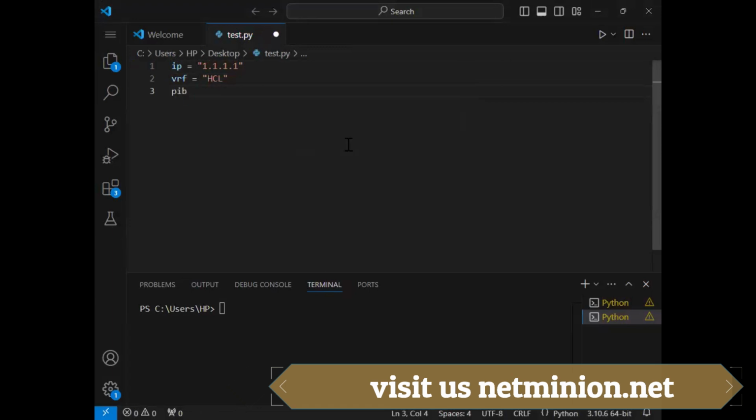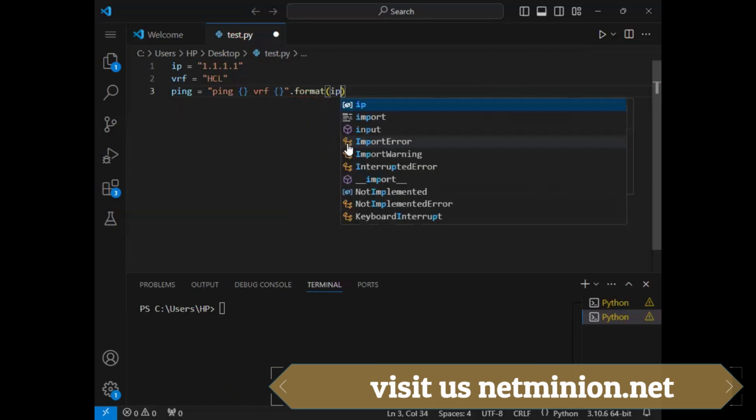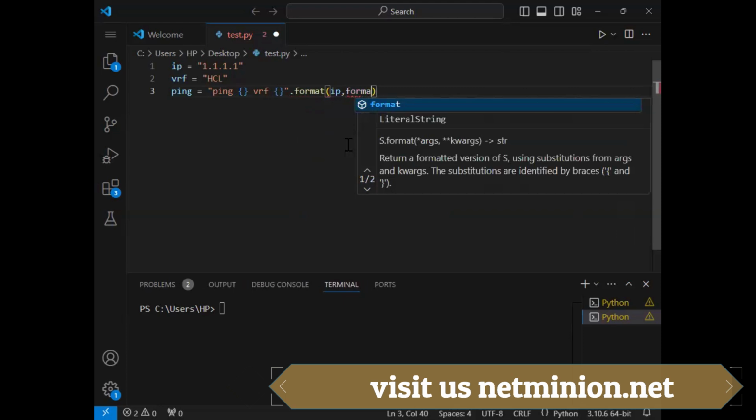Here I can say ping, and in the ping, I need to create a string ping. Okay. And after that, I can say curly braces, which means this value is a dynamic value. This value is not a static value. And I can say VRF. And again, I can utilize this. After that, I need to tell what value needs to be picked. The value needs to be picked as IP and format.